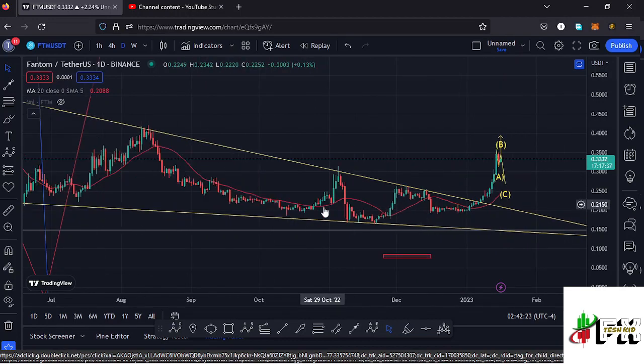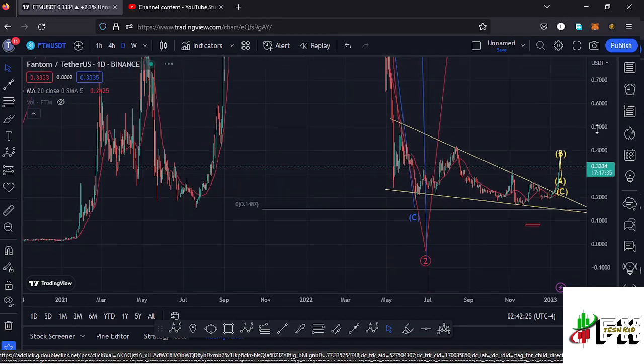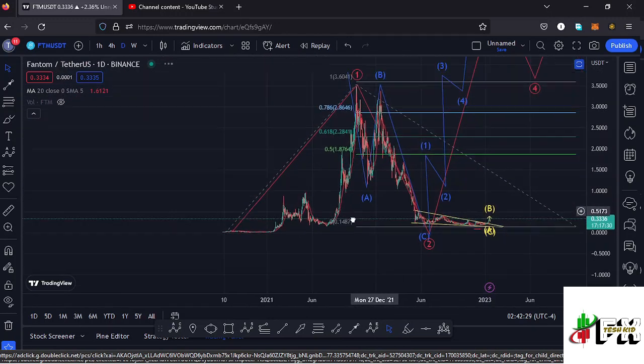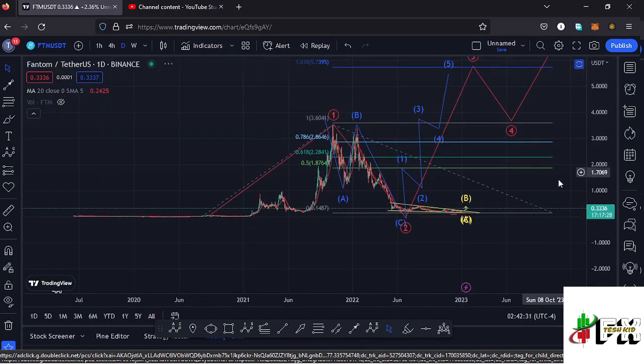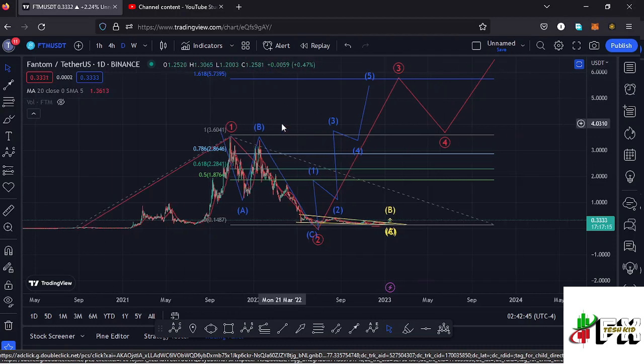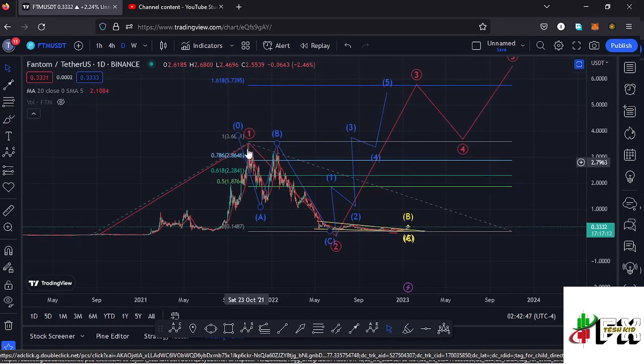And if I zoom out so that I can give you the long-term scenarios that I'm expecting to play out here on the Fantom chart, here on the daily chart, you can see that I have this Elliot wave structure right here in red, where you can see from these low prices that we had been trading within, we saw a very nice bounce to the upside, making it to an all-time high at around the $3.5 mark in what I'm terming as a higher Elliot wave count 1 to the upside. And after seeing the all-time high, we started the bear market, where we had been seeing lower prices in this ABC corrective structure, which took us back to around the $0.16 mark in what I'm terming as that higher Elliot